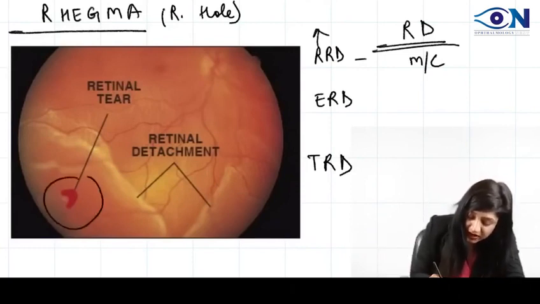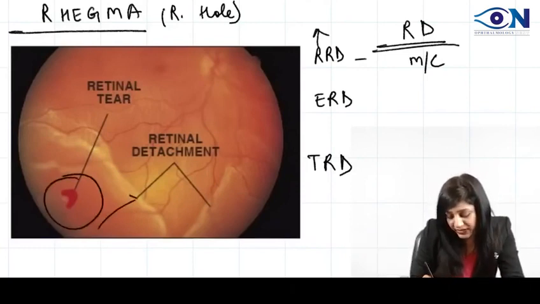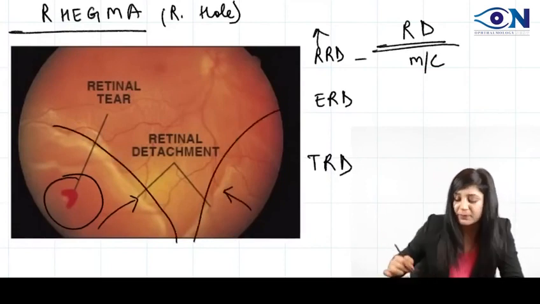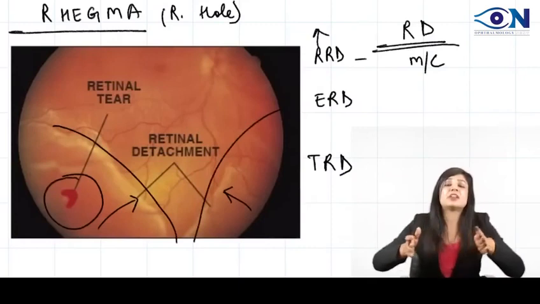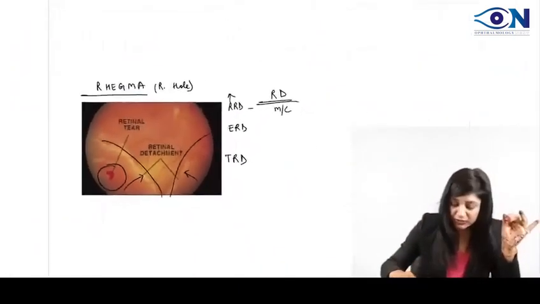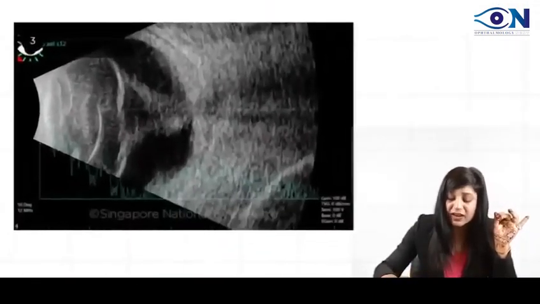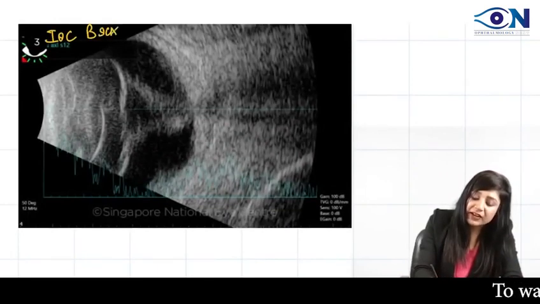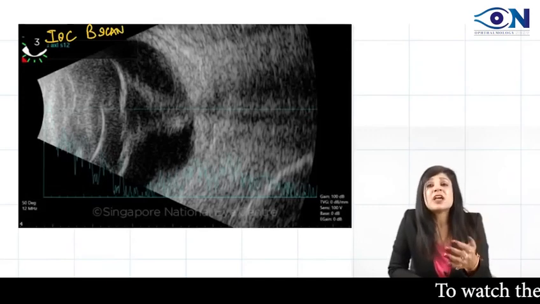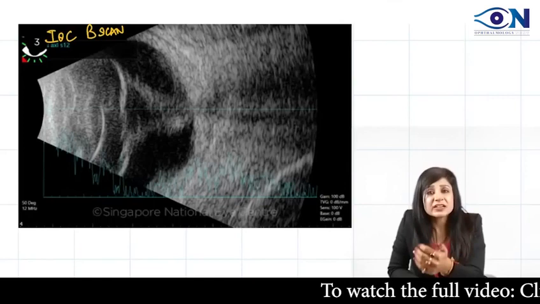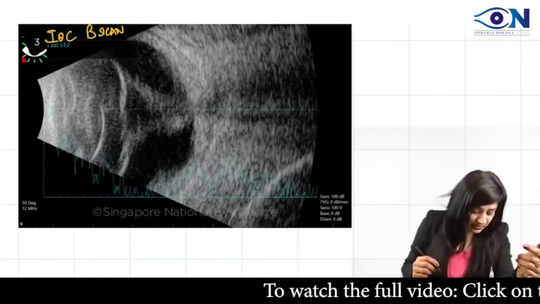You can see this is the retinal hole due to which the detachment is taking place something like this and something like this. So we are having this funnel shaped RD. This funnel shaped RD, whenever you are getting it along with the retinal hole, is the rhegmatogenous retinal detachment. We have so many risk factors, and always remember the investigation of choice. Investigation of choice is the B scan ultrasound. Investigation of choice in Best disease was different, then in CSR it was different, then in Stargardt disease it was different. Here it is B scan ultrasound.